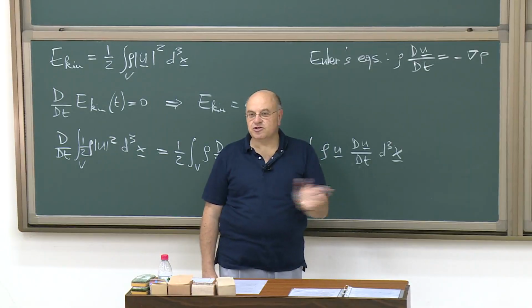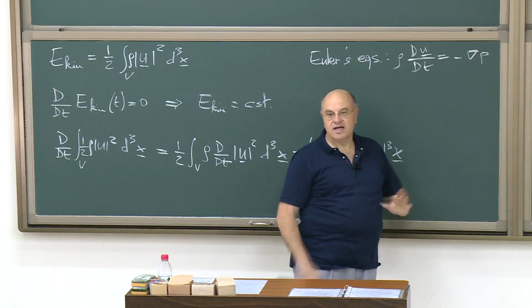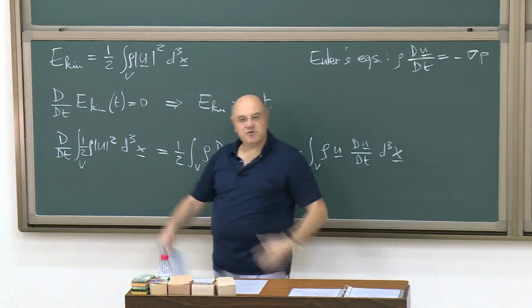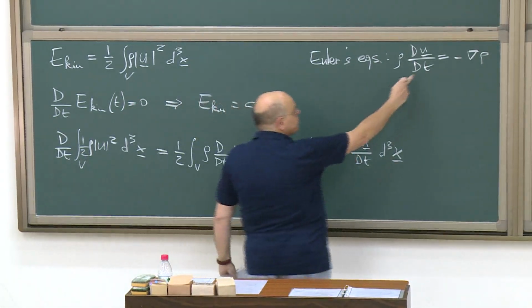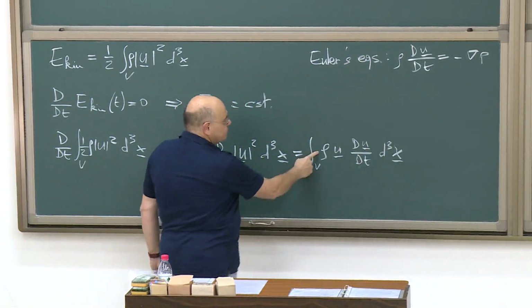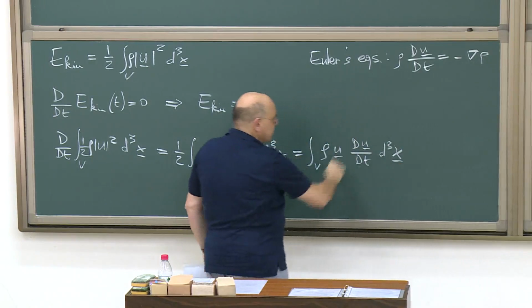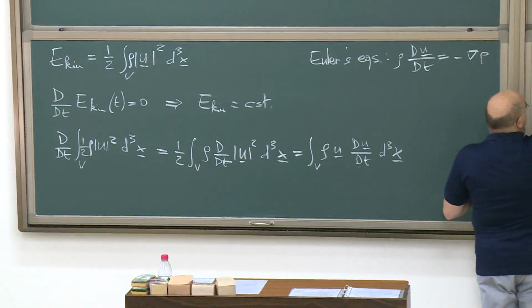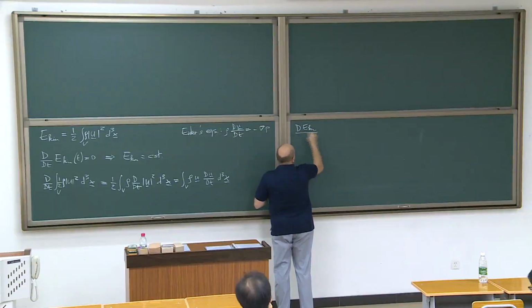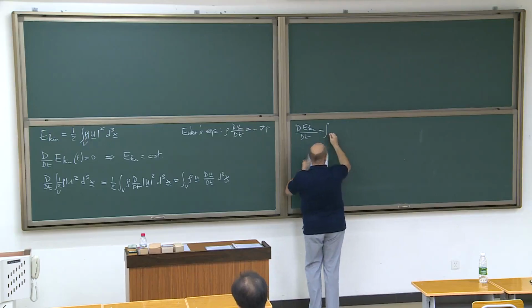You use Newton's law: mass times acceleration equals a force. And then you think of your situation of a fluid, etc., and you come up with that. So we have to substitute this here. We have rho du/dt here, and we have a grad that comes inside. So d kinetic in dt is just u.